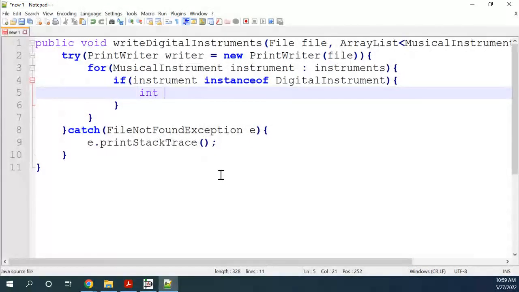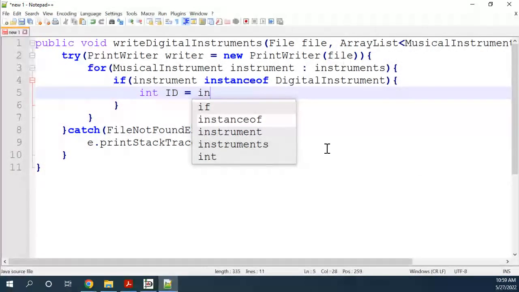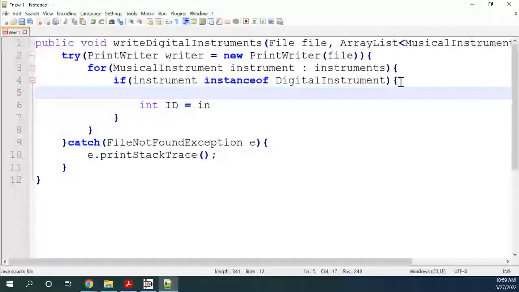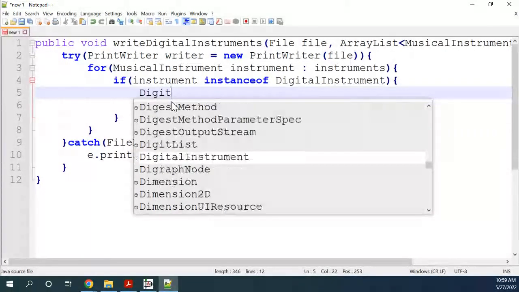So int ID, that would be instrument. Oh yeah, so I need to cast it into a digital instrument. Well, it doesn't, oh yeah, because I need to get the minimum voltage, so I have to cast it. So digital instrument,